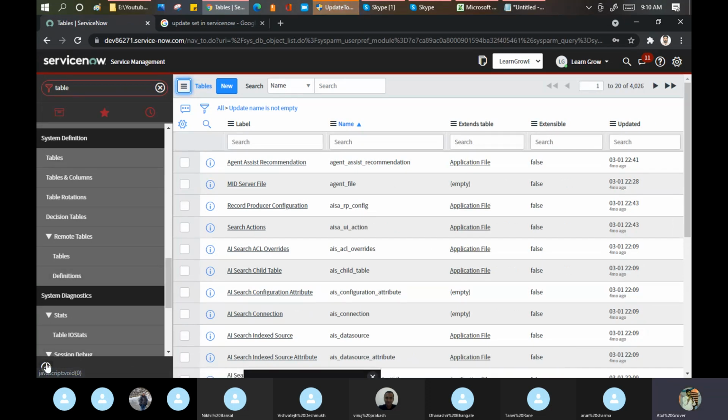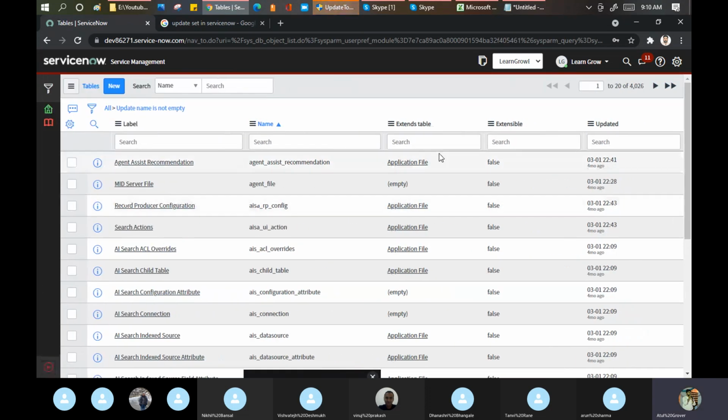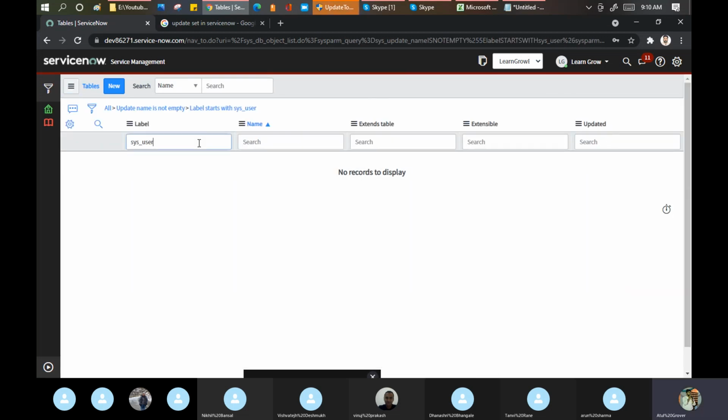See, when I take this ServiceNow instance, out of the box, I got 4026 tables. Means these many tables exist in ServiceNow to perform different activities. Let me show. Let's take the example of the sys underscore user table. Okay, it's not there. Let's go this side.